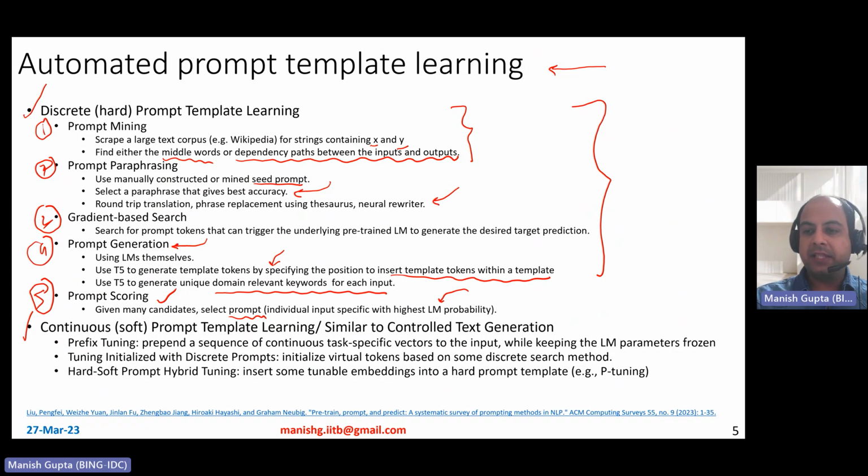For continuous prompts, there are some interesting methods. The most popular method is called prefix tuning. In this method, you prepend a sequence of continuous task-specific vectors to the input. For example, you can choose how many different vectors you want to bring in per task. Let's say you have 8 tasks to be done, maybe you can bring in log 8, which is basically 3 different task-specific vectors.